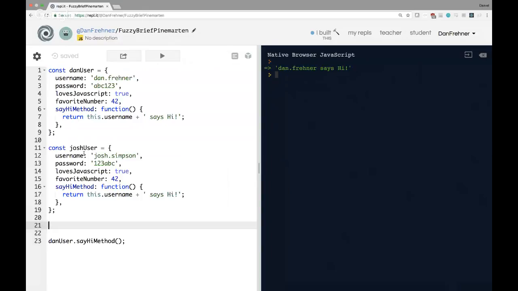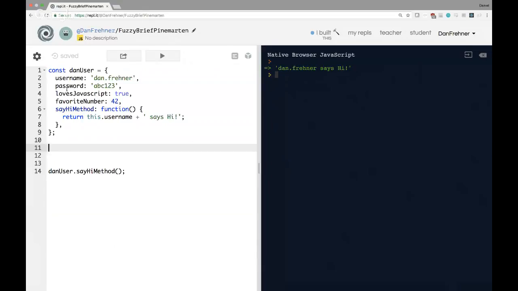Essentially, when I created this Dan user, I just created a template for a user, right? And I can save this template and create as many users as I want from this template using a class